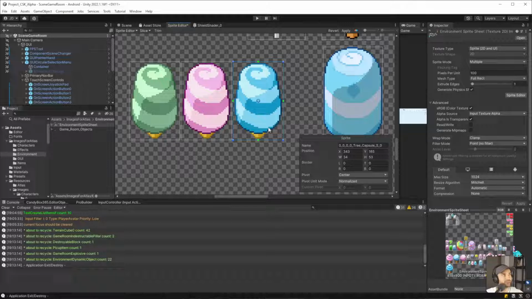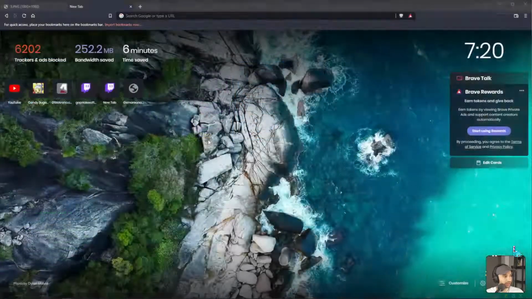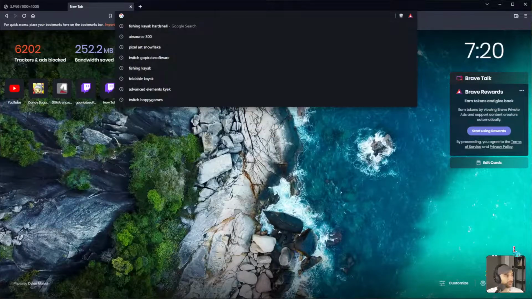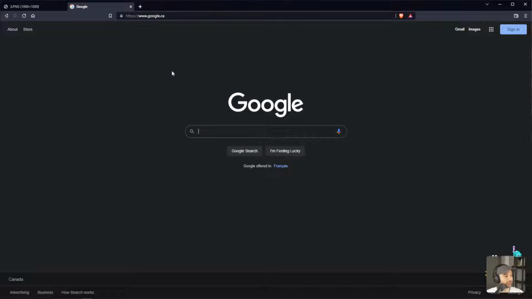What's a capsule-shaped object with the top being more narrow than the bottom? It's not really a cone, but what else would it be called? A cone capsule? A capsule cone? I don't really know. What does Google tell us? Mr. Google, help us.